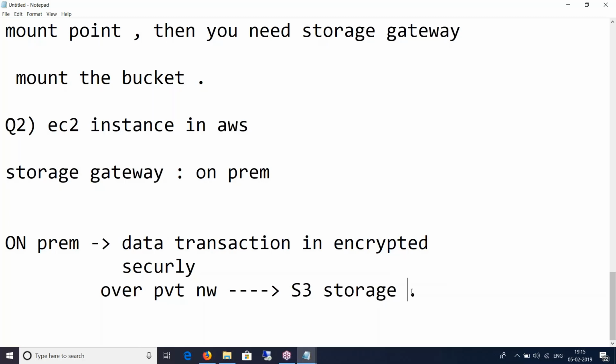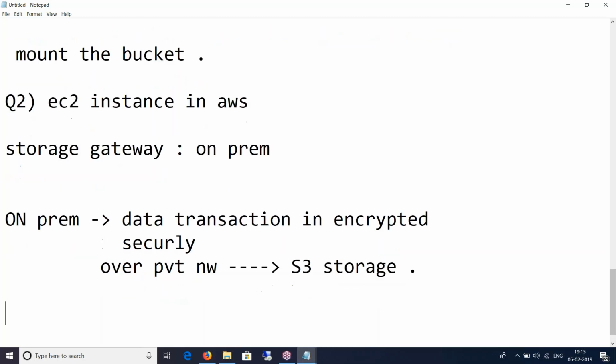Is there any other advantage of using storage gateway or any other application, like in terms of DR? Can we use it for DR purposes as well, or can it only be used just as block storage or just for transferring the data online into S3?